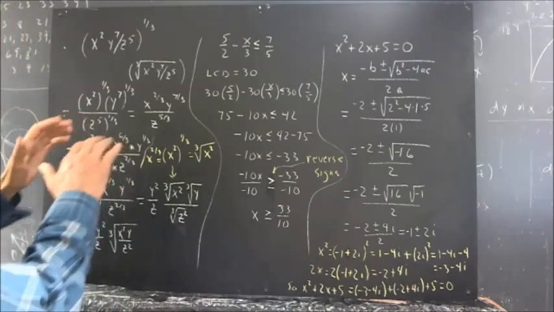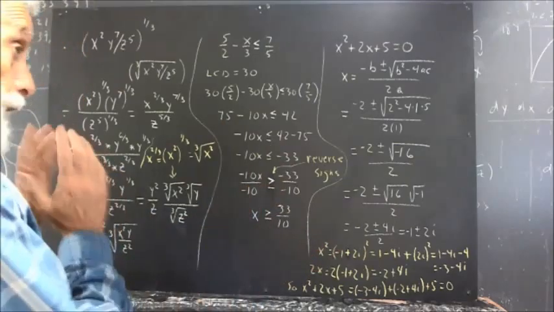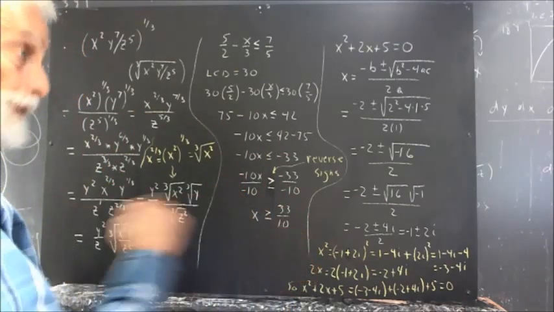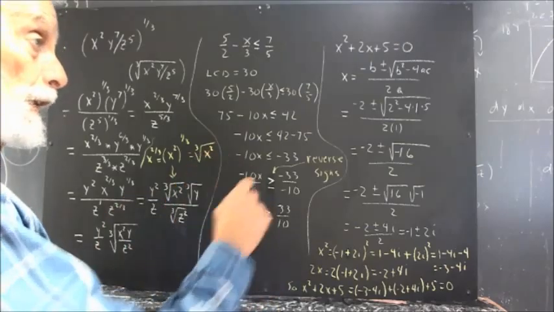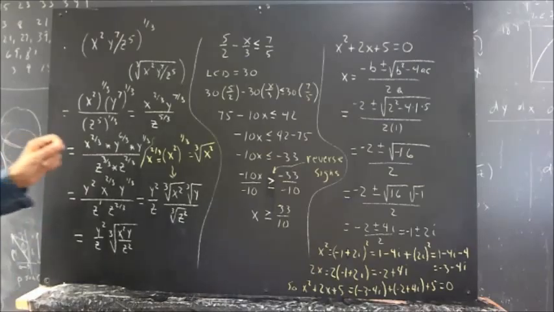If you have x squared cubed, you have x squared times x squared times x squared. That's x times x times x times x times x times x. There's 6 of them. It's x to the 6th. You multiply the exponents. You always need to be able to think about that. Okay, so